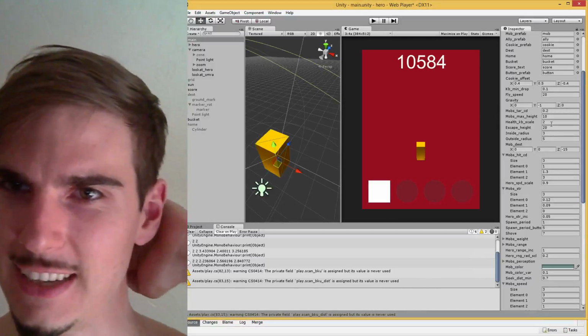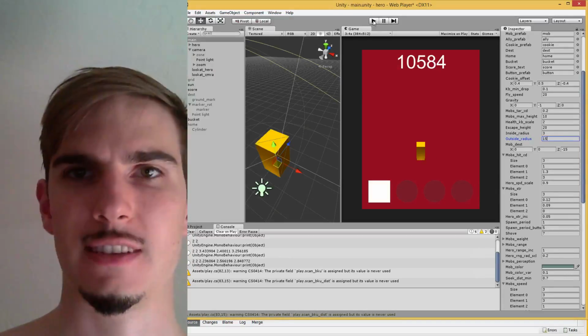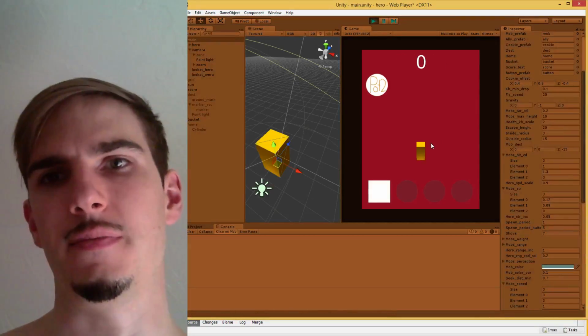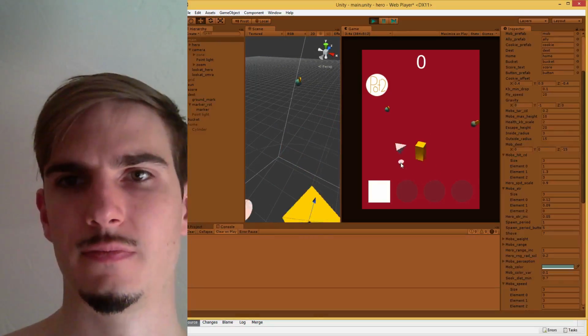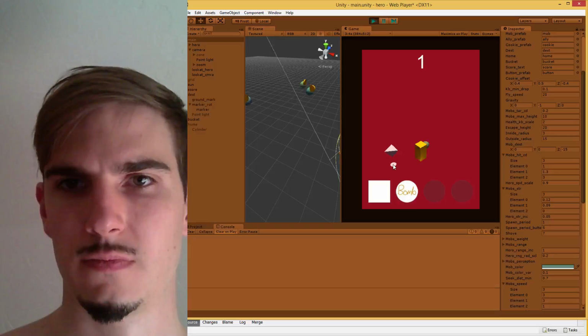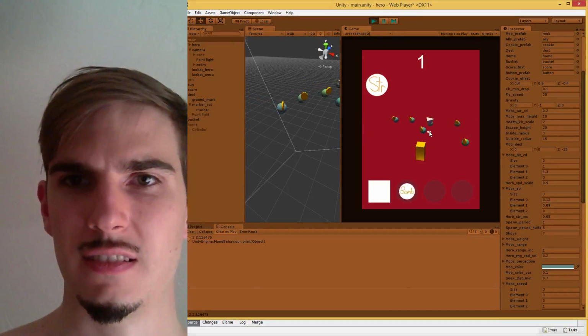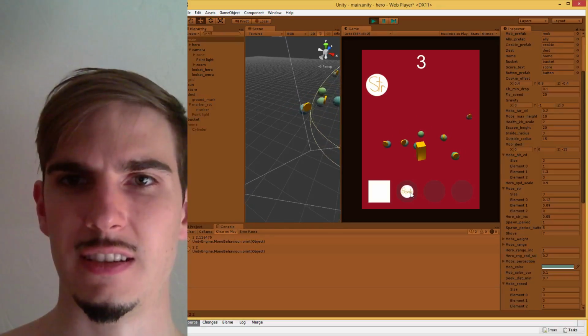So right, I've turned outside radius way down, but I think 15 was an okay value for outside radius. All right, so all those dudes. Look at all those dudes. Of course,